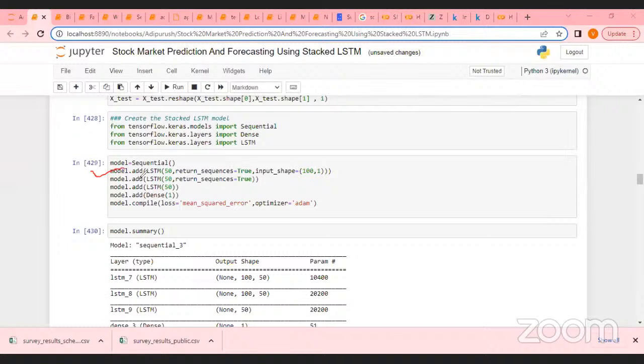Simply I will call model.add LSTM, 50 neurons, and then return sequence equal to true, input shape this one. Return sequence is set to true; all the other things can be understood later on, guys. First, try to understand the architecture. If you want to deal with sequential data, that is time series data, this is how you'll be using LSTM. Then the second layer, I am stacking upon it, of 50 neurons, and again